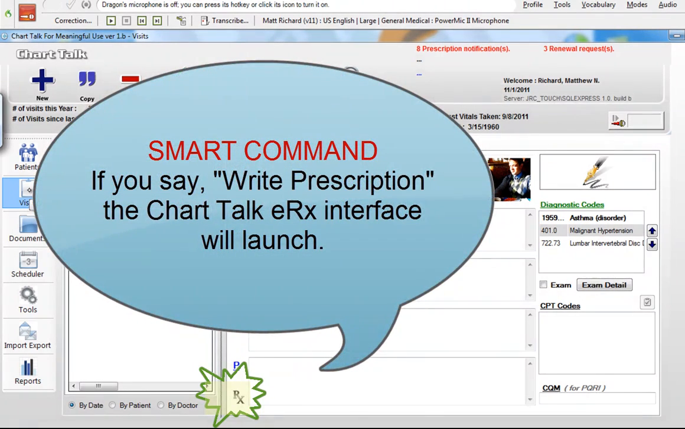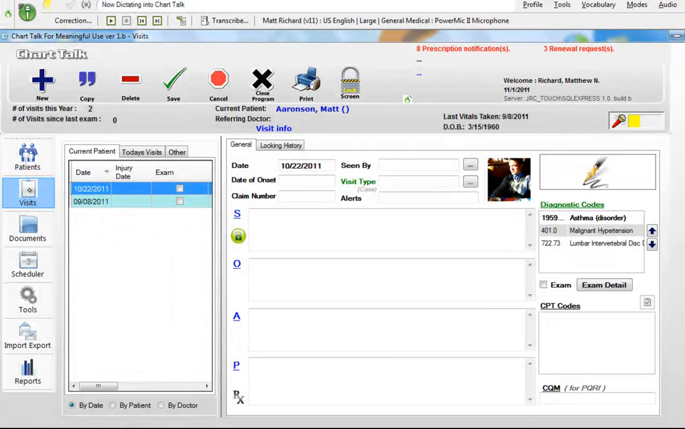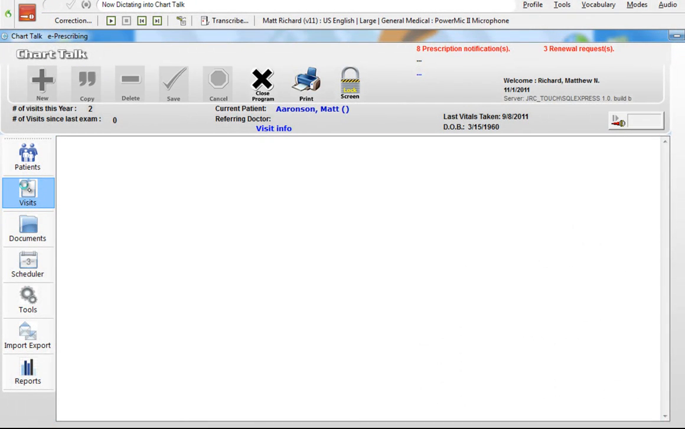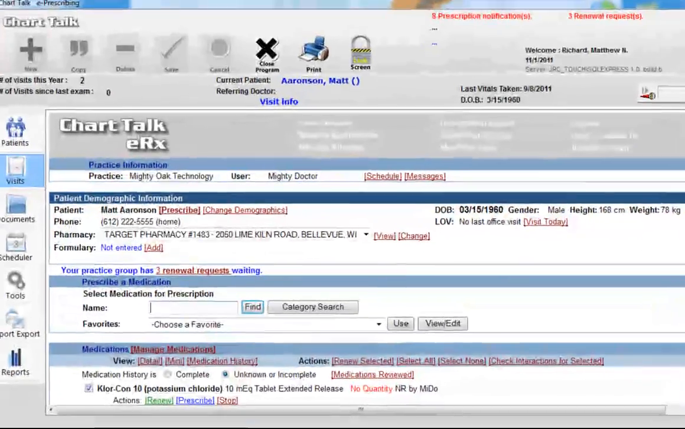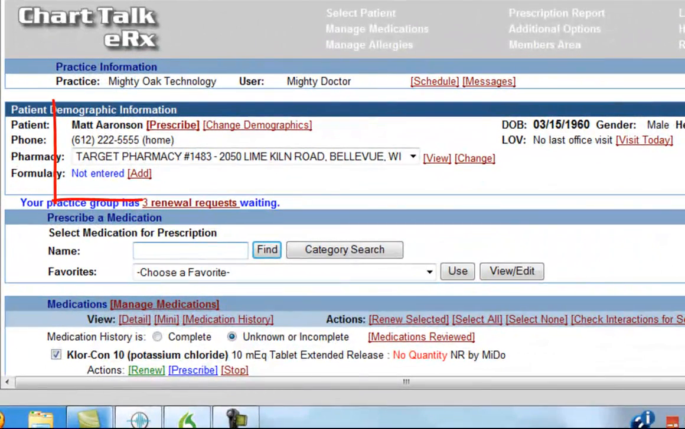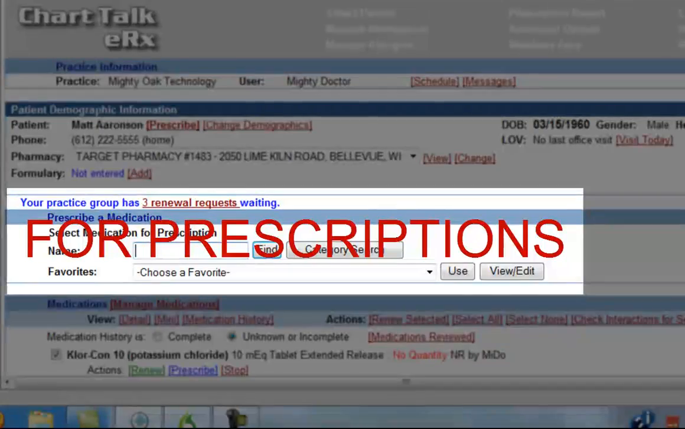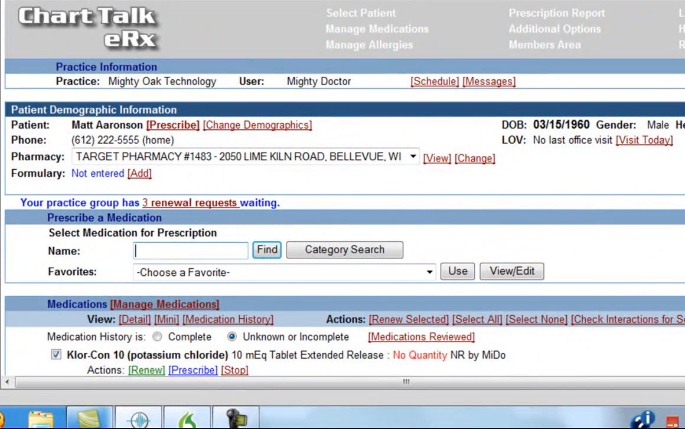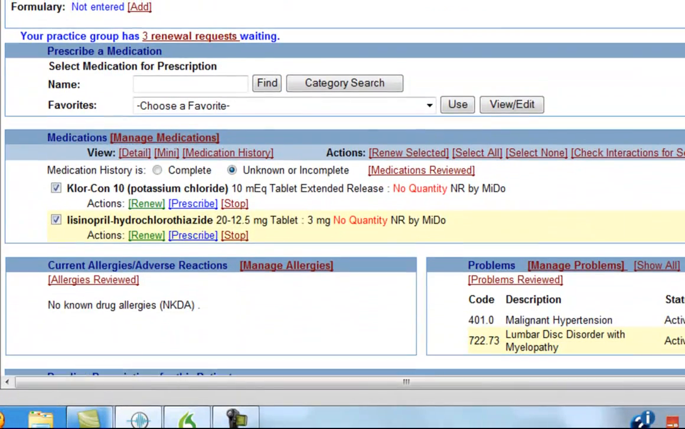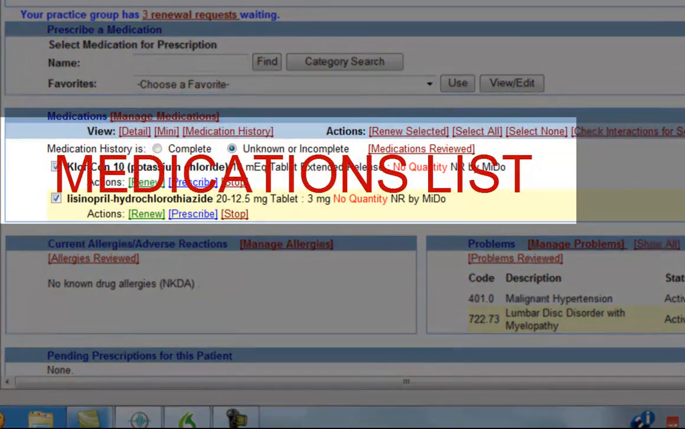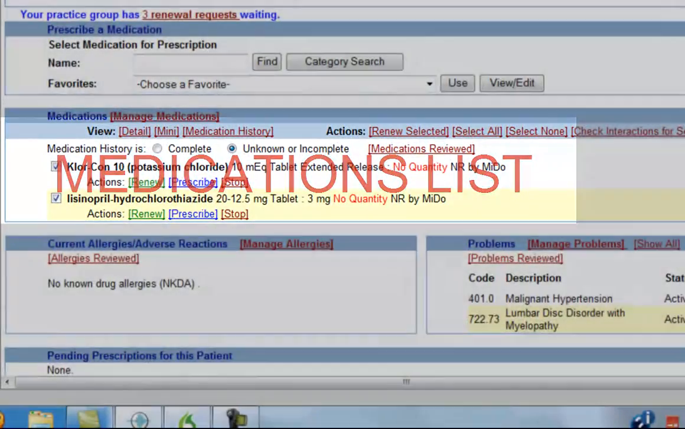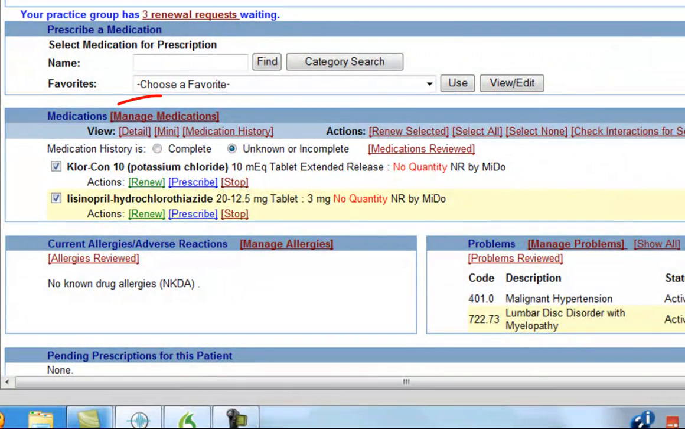The RX at the bottom, you can go and say write prescription, and it'll launch the ChartTalk eRx interface. Initially it launches to the patient's record directly. The first box you'll see is prescribe a medication. So if you are a non-prescribing doctor or a representative of a clinic that is with non-prescribing doctors, you'd skip the prescribe a medication tab,